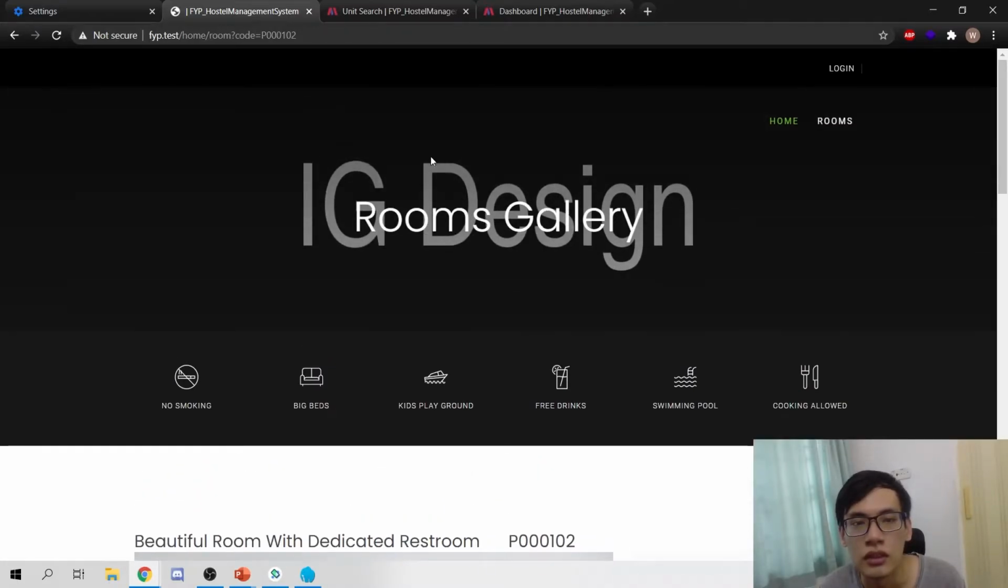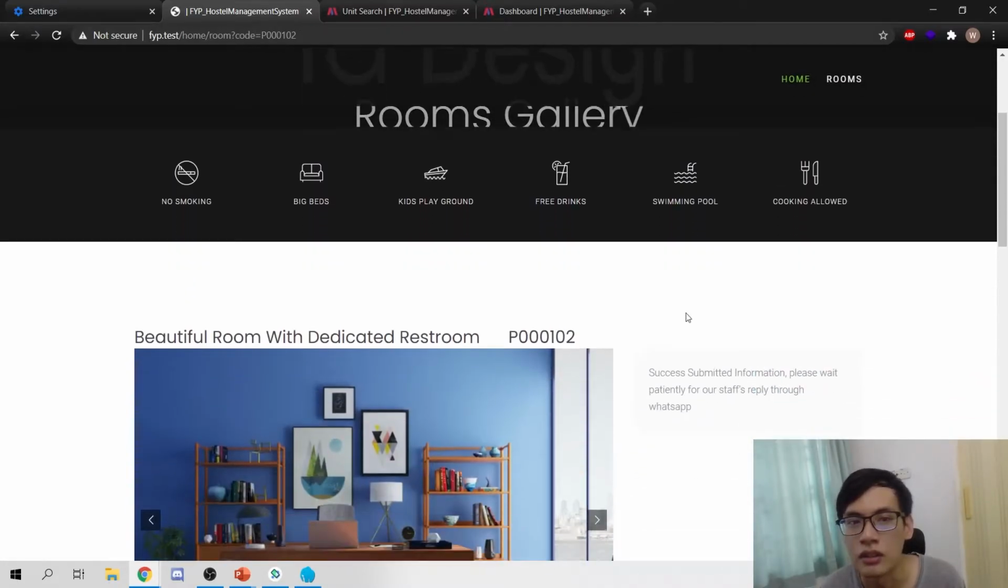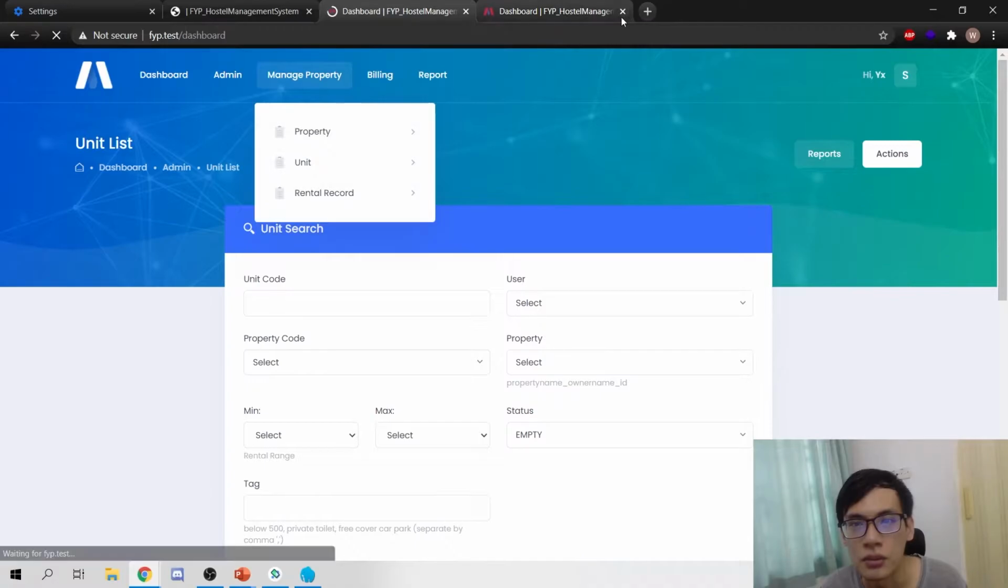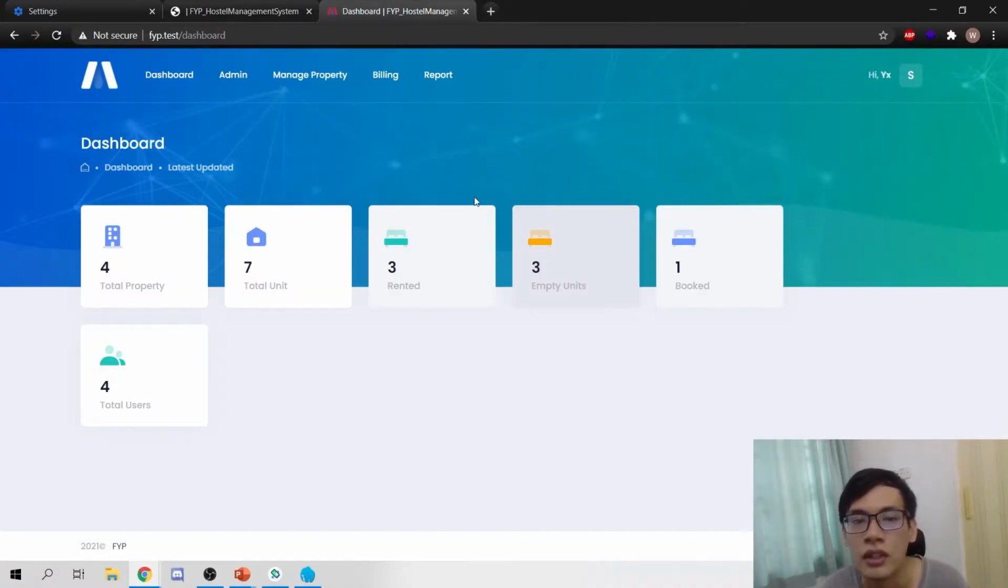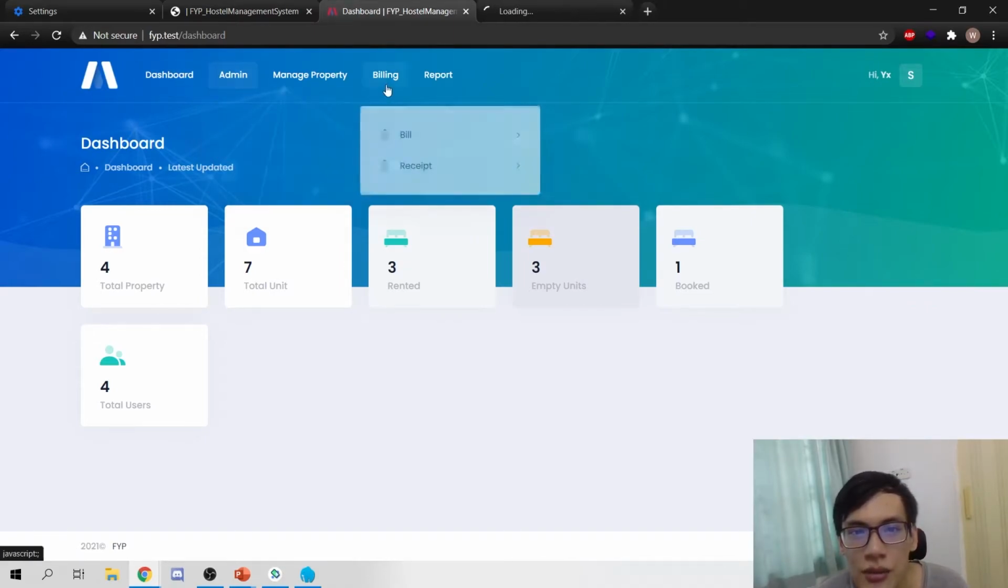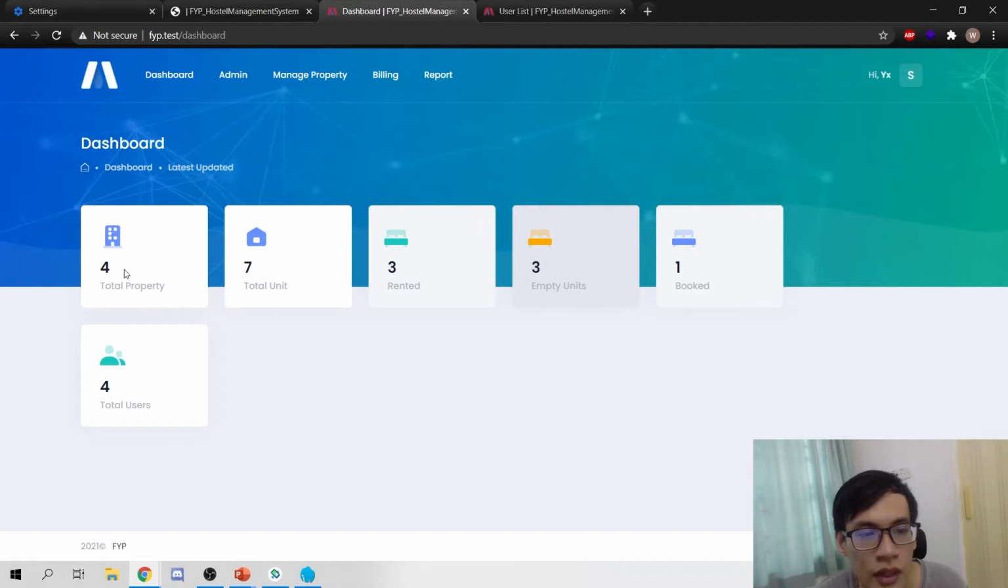So that's all for the website. We'll go into the details of the internal portal. This is the backend side of the system, where users can go and check everything about the system. This is the